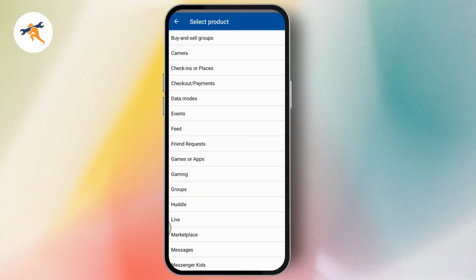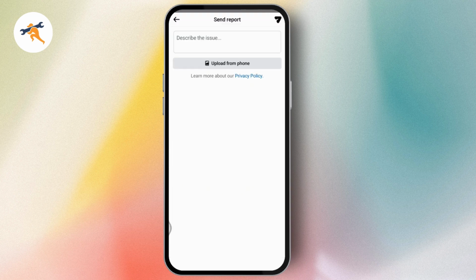So if you're facing a problem with friend request, then tap on friend request, and here you need to describe the issue. So you just need to simply write, I'm having issues with not being able to send a friend request on my Facebook account, so please help me with that. And you can also take a screenshot or upload from your phone, and after that go with send, which is